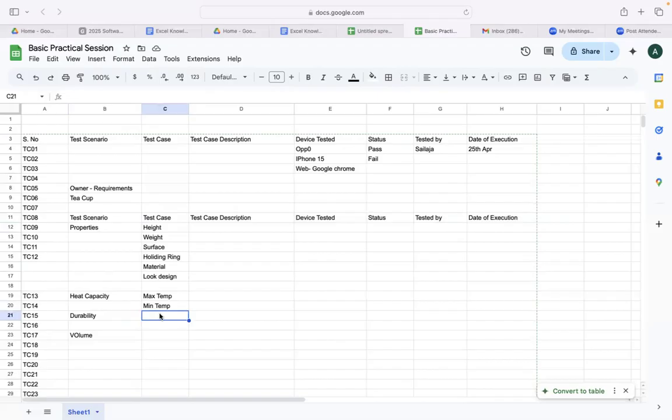Durability, like breakable or not, something like that. Breakable, we can check for breaking property. Volume also, big, small, or something like that. Capacity. Okay, now these are the test cases. If I take properties, I need to check height, weight, whether the surface is smooth or not. So here, description means now you write it clearly. So this test case description usually